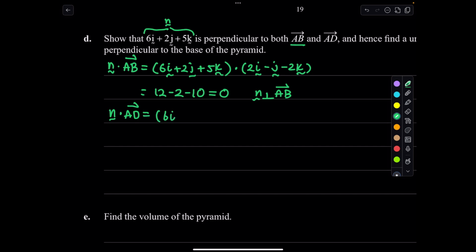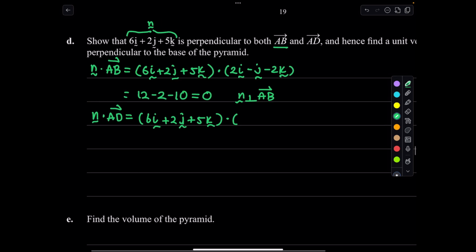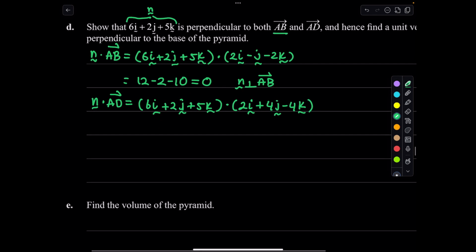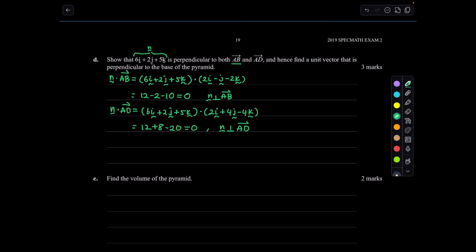So let's write that down. 6i plus 2j plus 5k dot AD. AD is negative a plus d, which is 2i plus 4j minus 4k. So that's 6 times 2, which is 12, 2 times 4 is 8, 5 times negative 4 is negative 20, and that equals 0. Perfect. So the vector n is also perpendicular to AD. That's easy. And then it says, hence, find a unit vector that is perpendicular